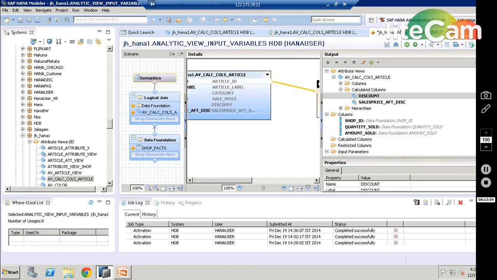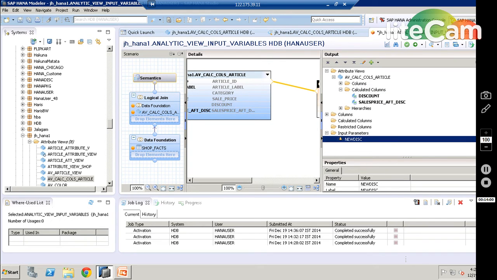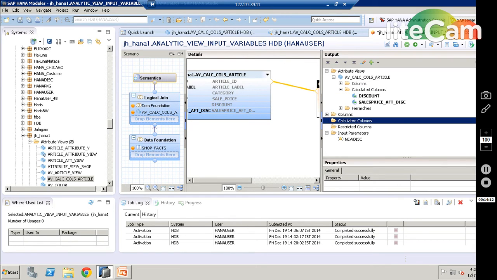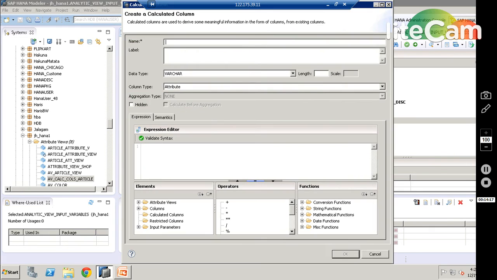So you can see these input parameters. Come here, you have this. Right now I am going to create another calculated column, because any of the attributes of the attribute view cannot be edited here. So the name is new discount, a new calculated column.